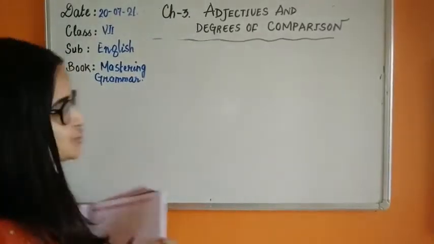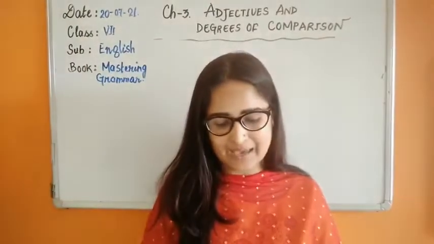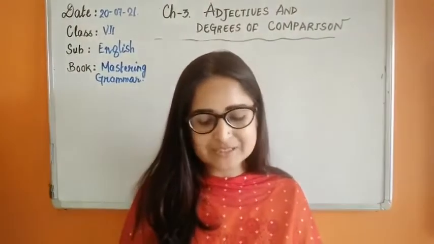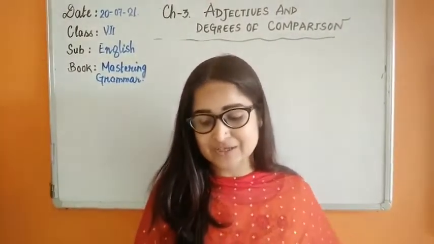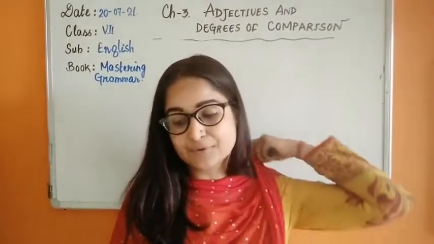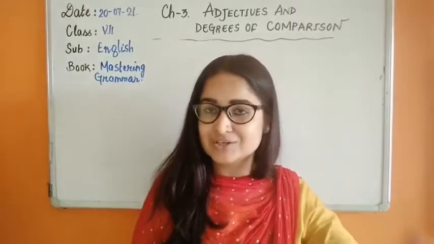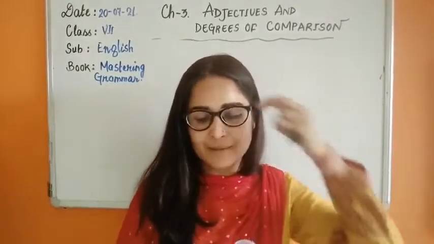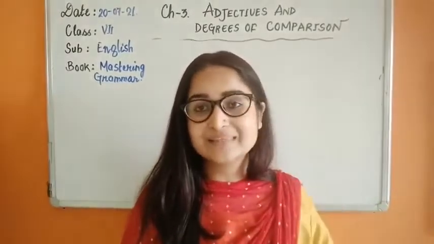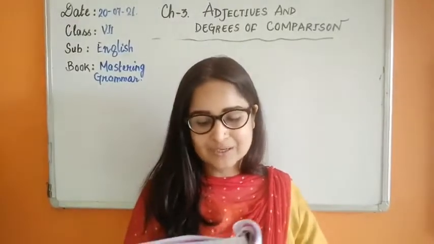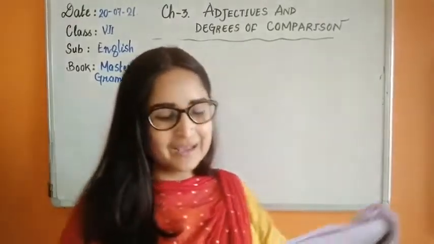So now we can see, children, what do we have here? Opposite words or negative words of adjectives can be formed by adding prefixes. Which prefix can you add so that the adjective becomes the opposite of it? Dis, in, non, these words and so on. So let's see how we can do that.